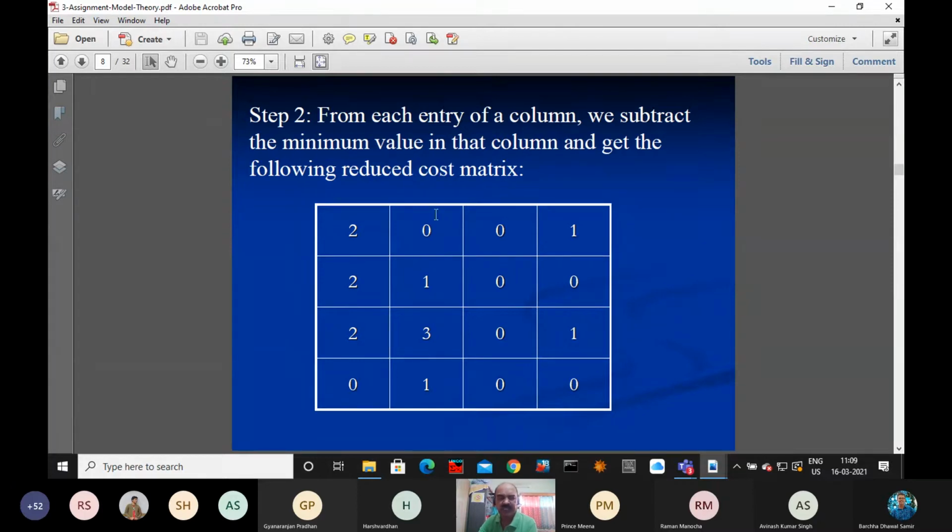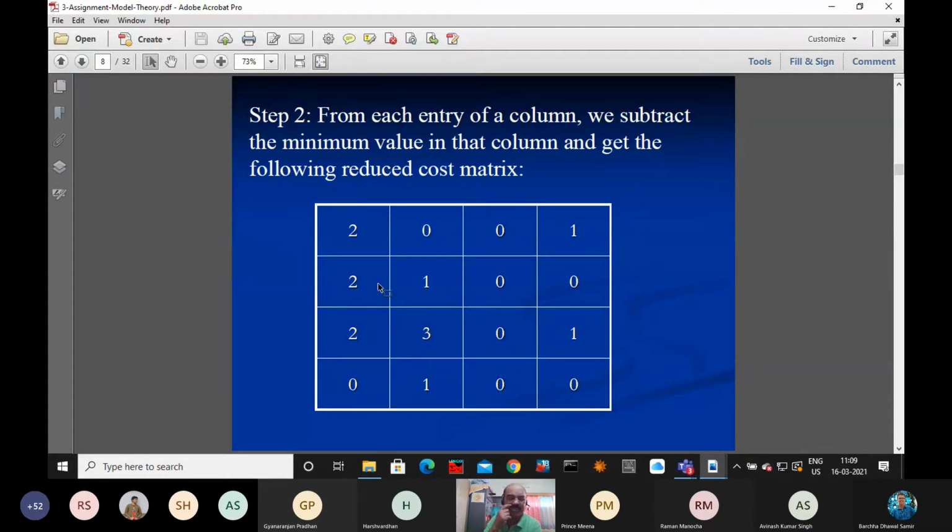If you are assigning, you put a square around this 0. So that is the assignment. And so once you have assigned, say all the 0 in the same row you can cancel. And all the 0 in the same column you can cancel. Put cross. Now come to the second one.